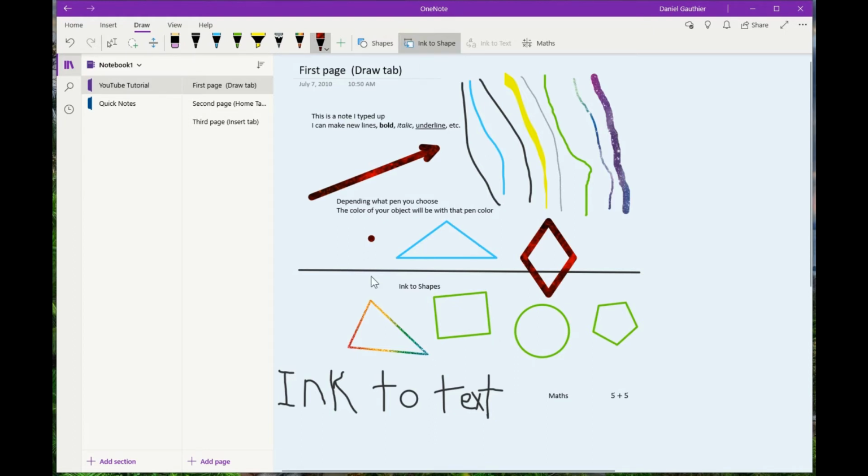Ink to shape. Now what you do with this, I've written something out here in ink, which is what they call it. So if I go up here to the lasso select tool and I just kind of go around this whole thing and highlight it all, then I click on ink to text, and now you can see here it says ink plus text.